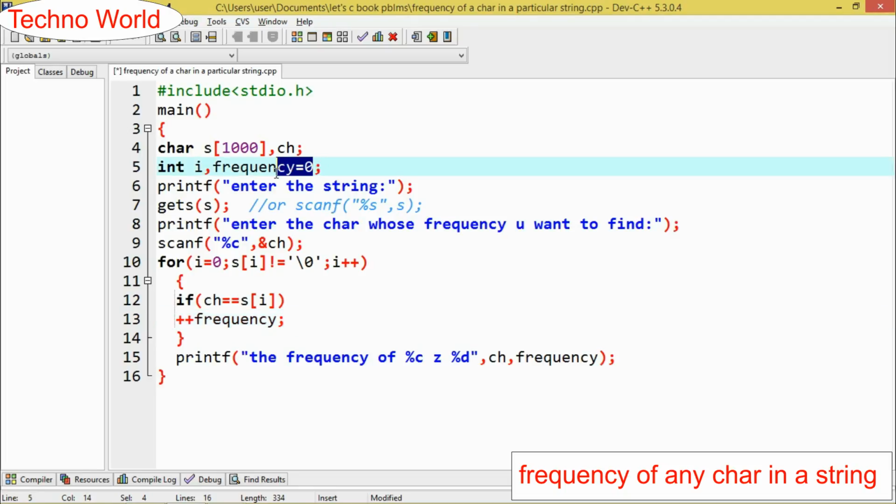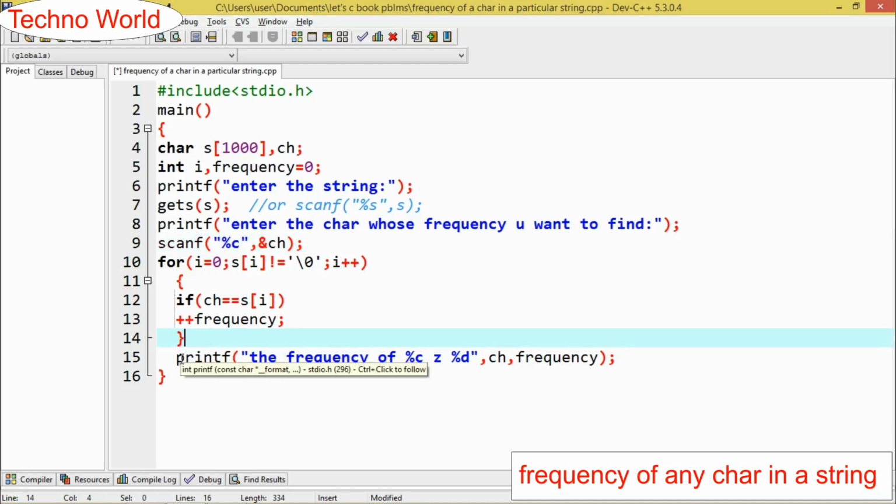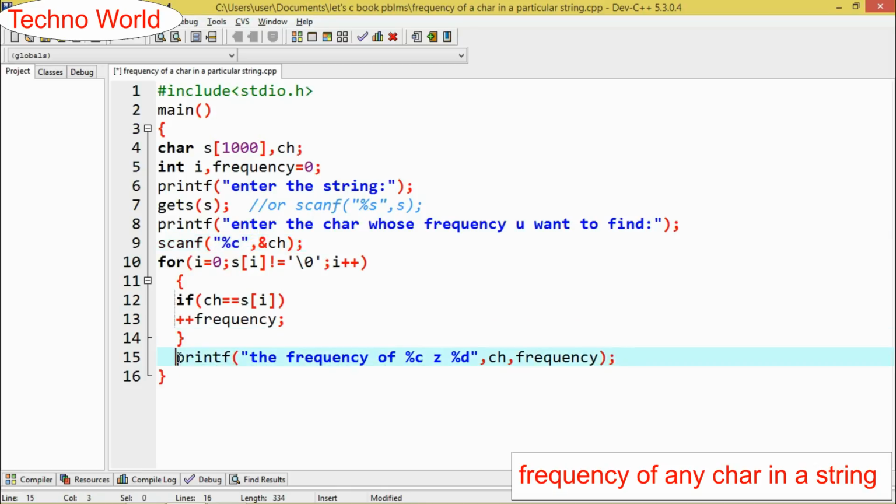That's the frequency was 0, it should be 1, it should be 2, and so on. After that, I already got the frequency of that particular character, and after this I just want to print the message, that the frequency of ch is frequency.